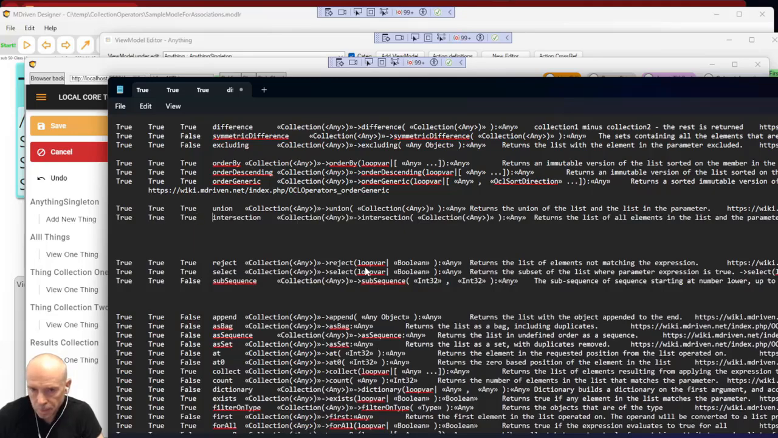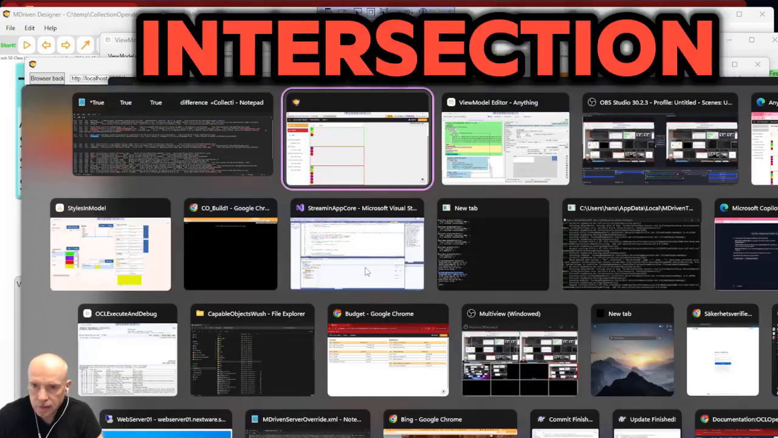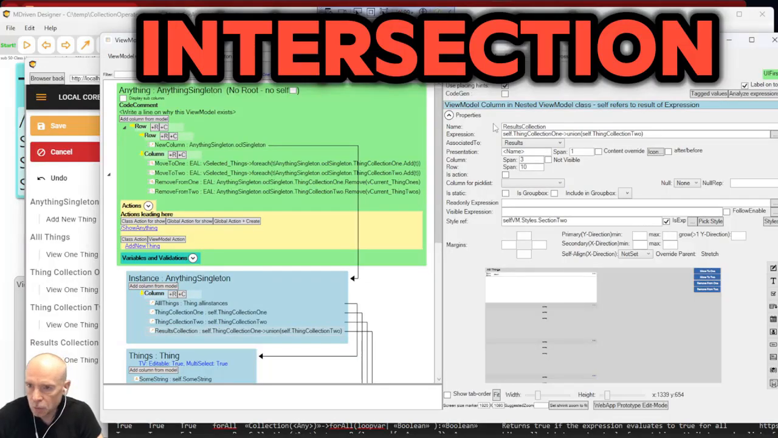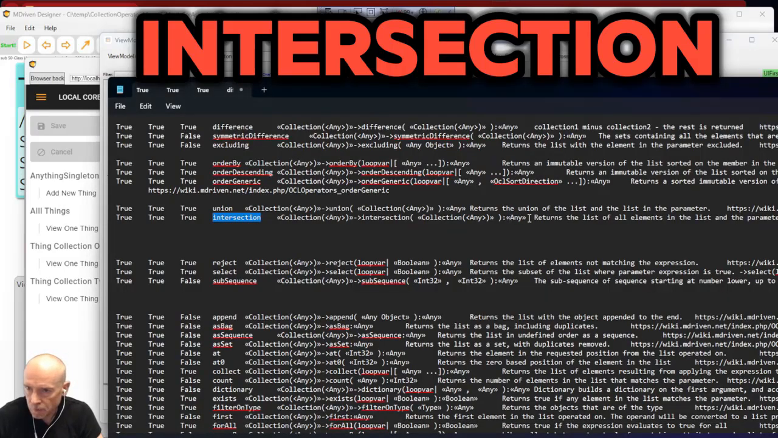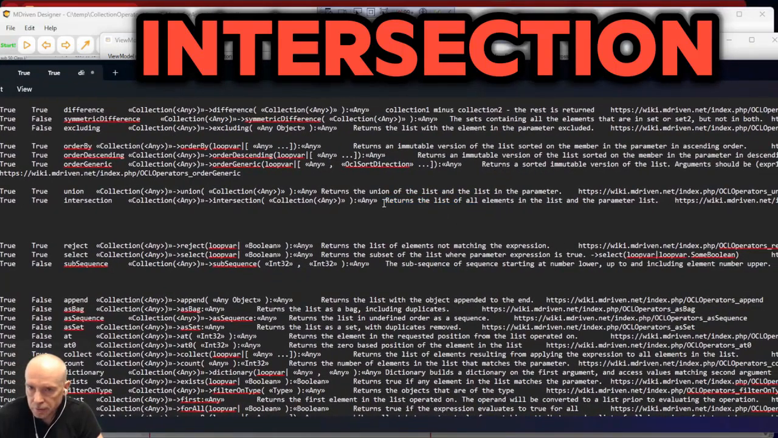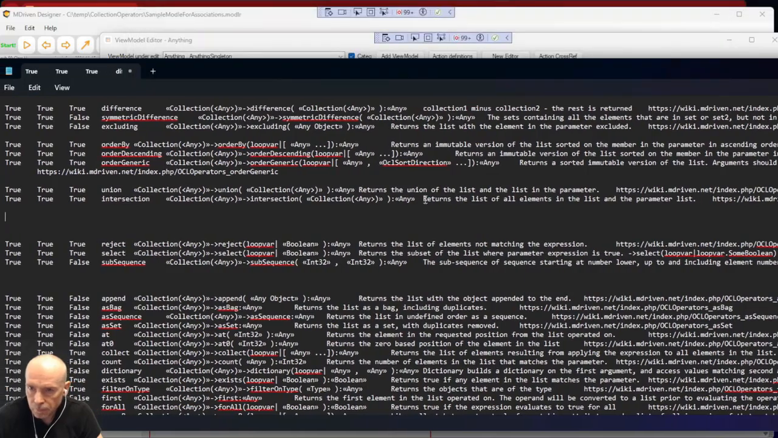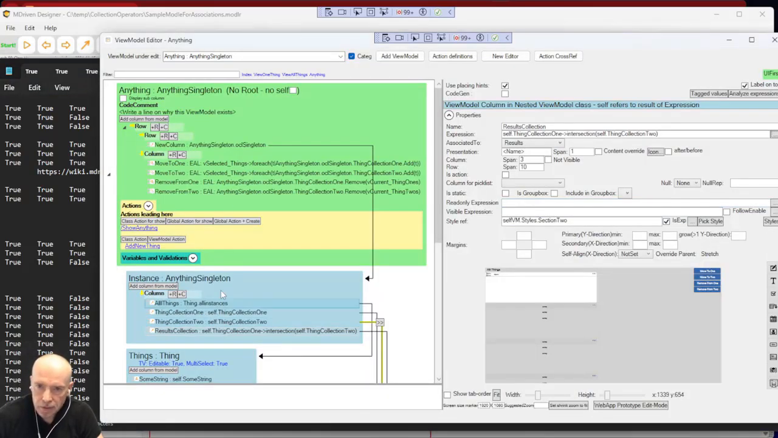This is one of my favorites, if one is allowed to have favoritism in OCL operators. So intersection, let's see what it says. Returns the list of all elements in the list and the parameter list. That might not be the perfect wording, but